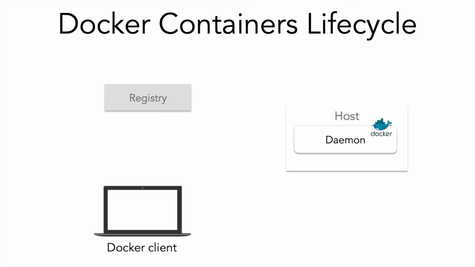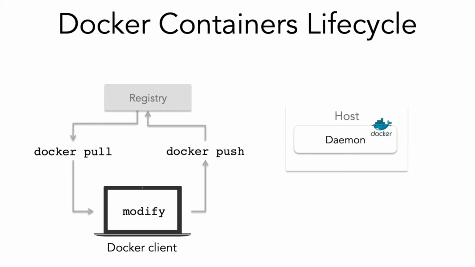And you have installed Docker client in one of your laptops or maybe an office desktop. So suppose you already have an image stored in the registry and you want to do some modifications, you want to add some features or functionalities in your application. So use something called docker pull command. Using that command, you get the image to your personal laptop or office desktop. Do some modification on that program. Once the modification is done, you create the image using docker build command, and then you push the image in